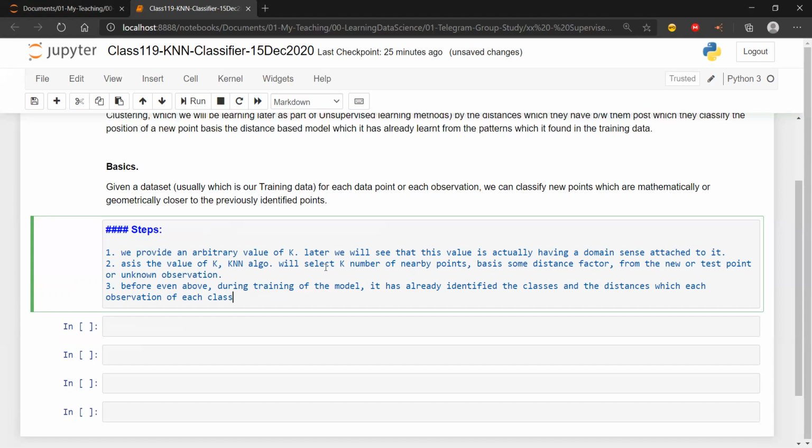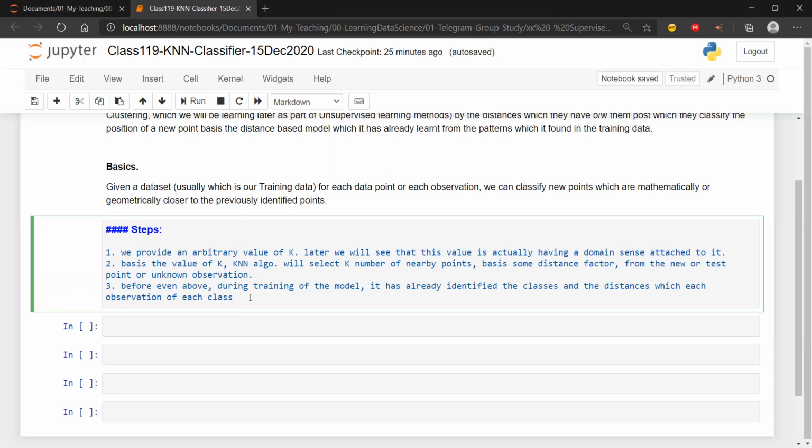Okay, so before we go to point number 2, our model has already trained itself and understood the distances between each and every point, and it has kept in mind the kind of patterns which we see. This is the distance between each point that belongs to each class.